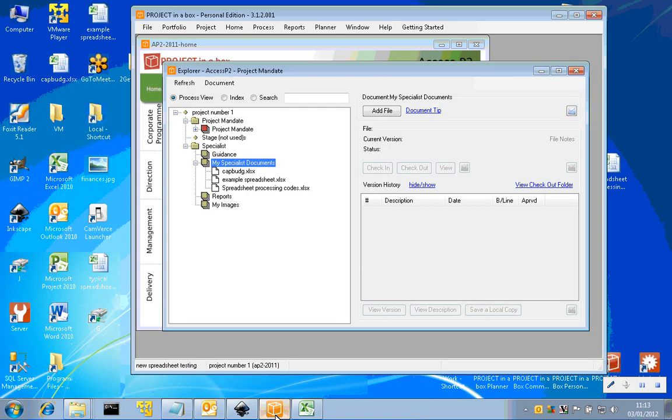Today we're going to be having a little look at the new spreadsheet processing facilities in Personal Edition 3.1.2. This is an extension of the capability of pulling data from Excel into project reports, and really what we've done is we've extended the amount of information that we can bring from Excel to help with the setup of that